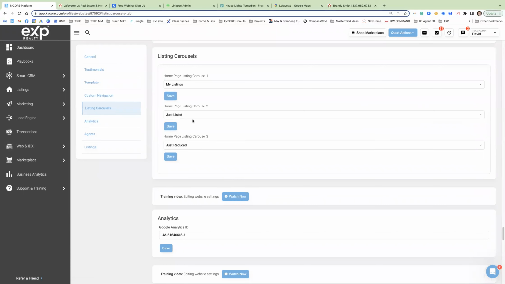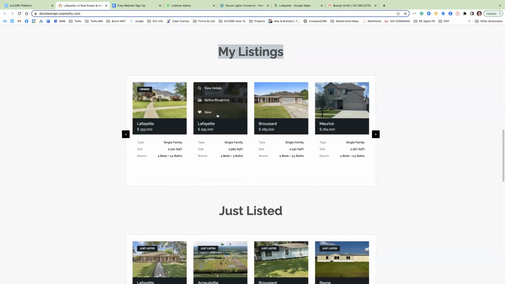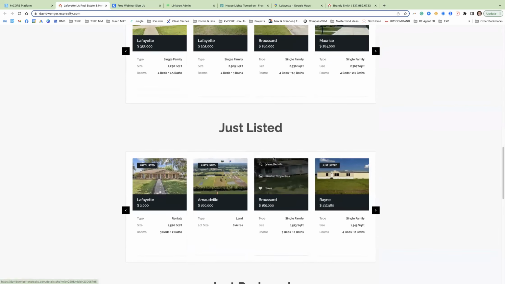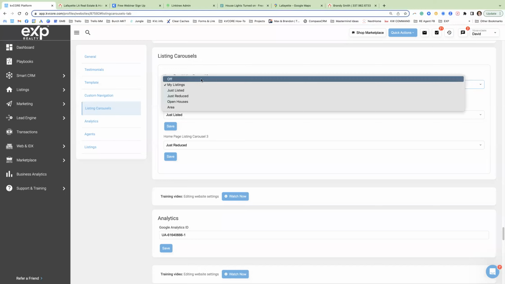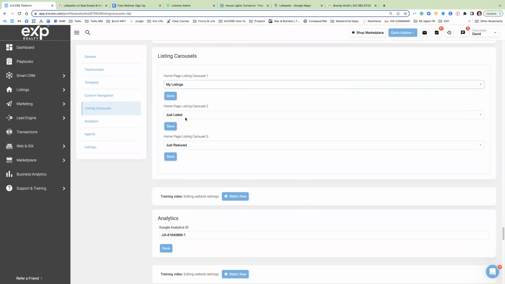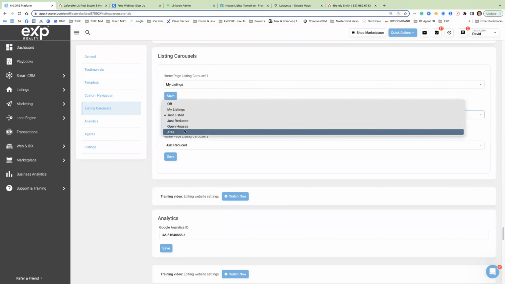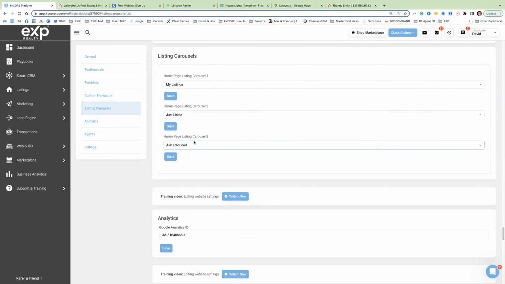Notice my listings, just listed, just reduced. That's these right here. I can't change a lot about the widget, but I can change which ones it's pulling. So here's the ones that I could pull. And if I didn't want it at all, I could just have it off. So if I wanted my listings, just listed, if I didn't want the last one,